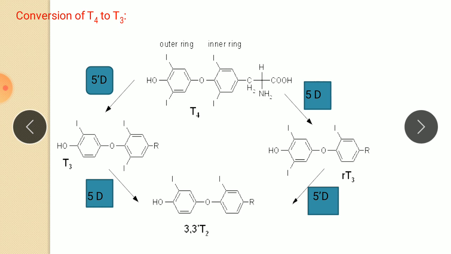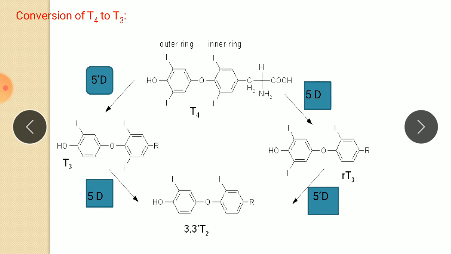In peripheral tissue, about 33% of T4 secreted undergoes 5'-deiodination to give T3, and another 40% undergo deiodination of the inner ring to yield the inactive material reverse T3, that is